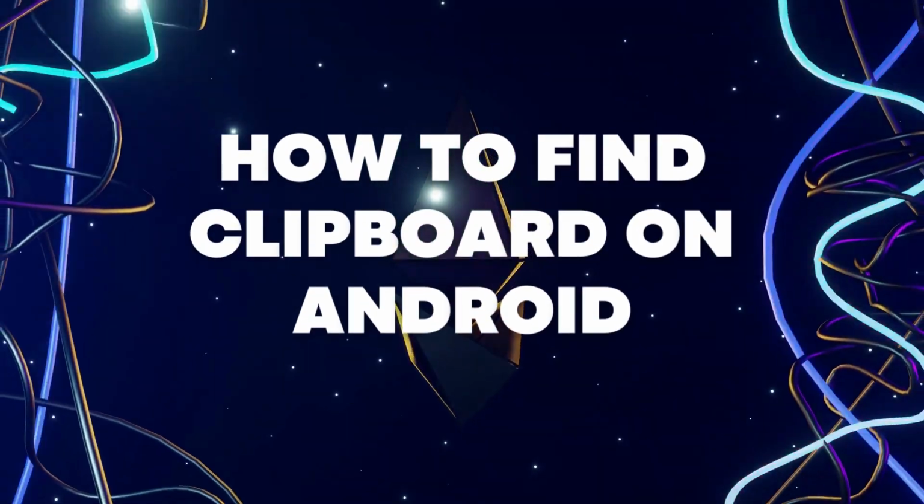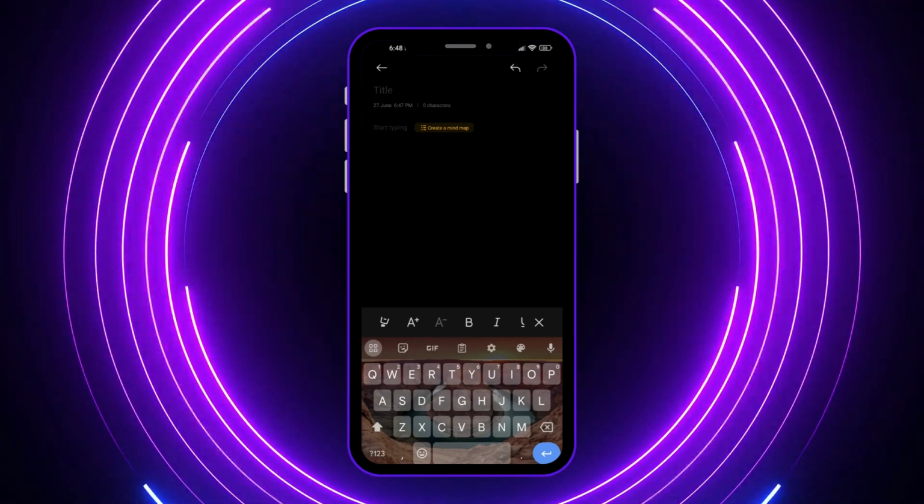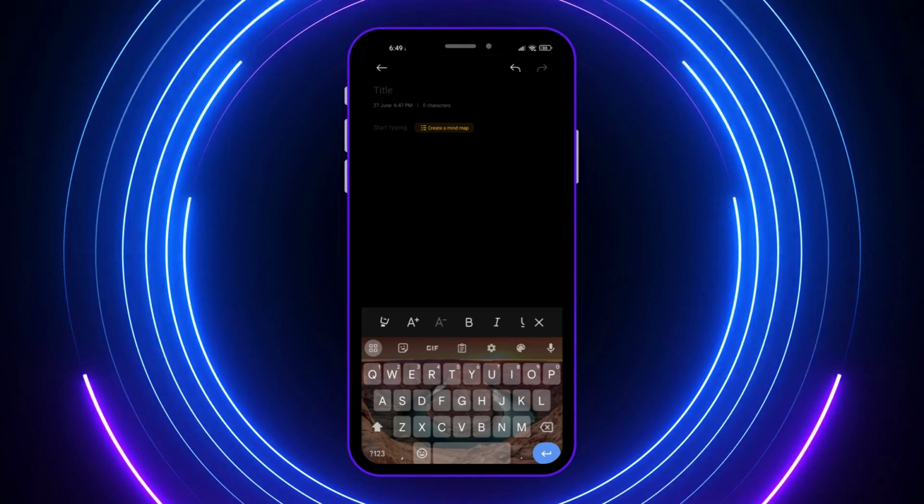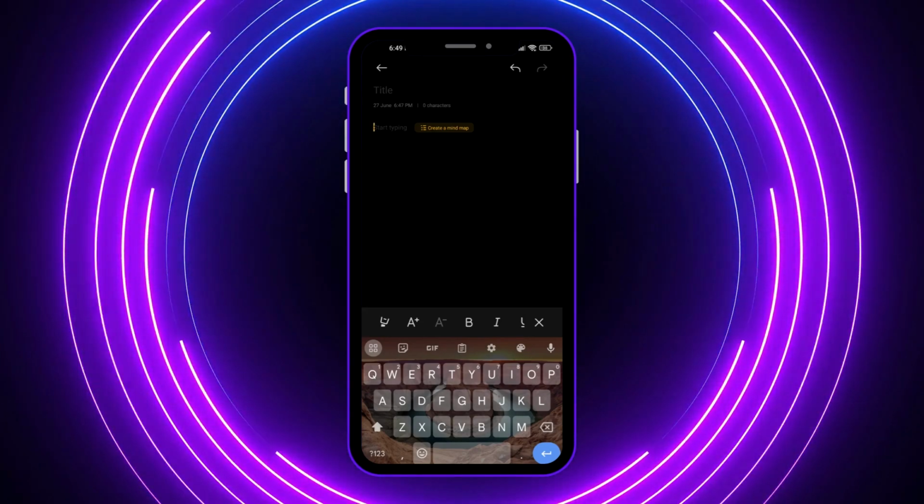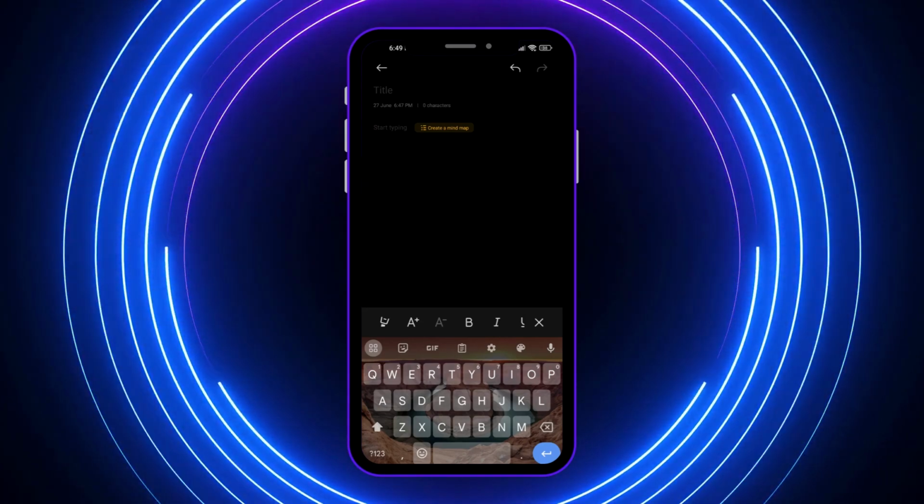Guys, today I'll be showing you how to find Clipboard on Android. Let's begin. So here we are in my notes here in my phone, but just take note that you don't have to do this on notes. You can do this basically in any app anywhere in your phone, maybe it be in IG, FB, YouTube, or